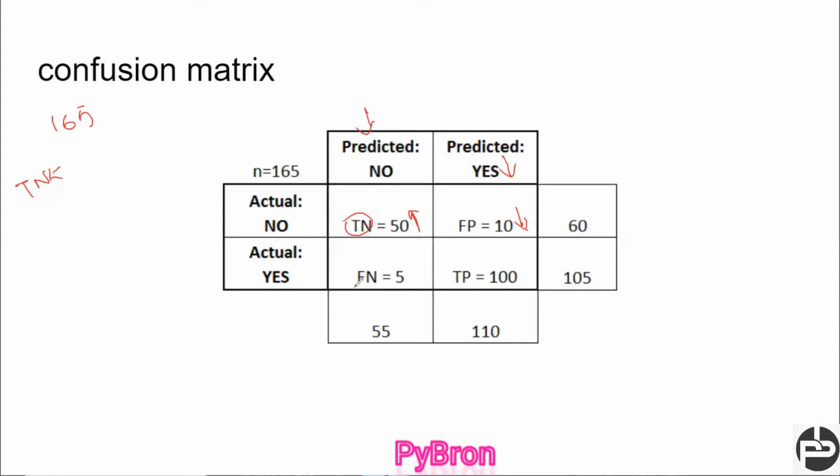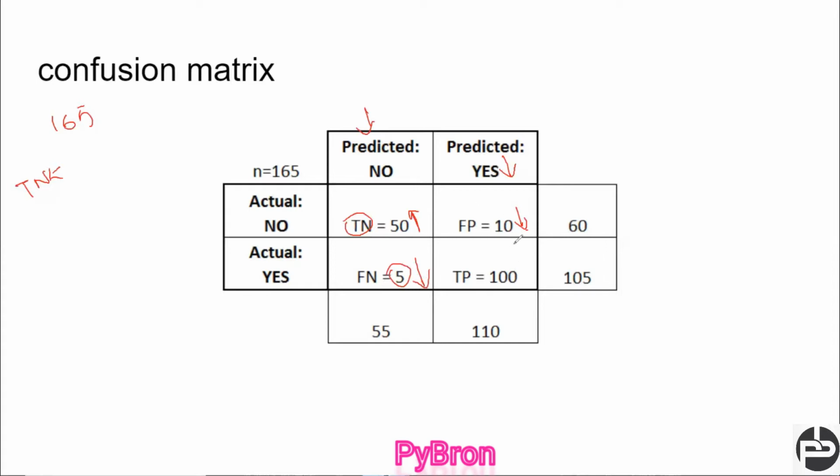The machine should identify it as true, but it's falsely identified as a negative result. It should be positive, meaning people have cancer, so the machine should also say you have cancer, but the machine is saying no, you don't have cancer. So this scenario is known as the false negative, right? And this case is 5. We should reduce this value also because it's falsely identified.